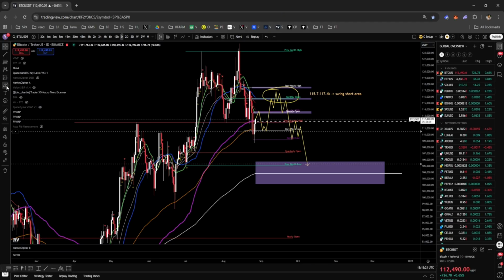You can try the daily longs over here. If we get the pullback, so we squeeze back up, we pull back over here. Previous week low is about 110.7, 110.7k. This is a decent area for scalps or for a short-term long to the monthly open, and the best bet you can get, what is that, 105,